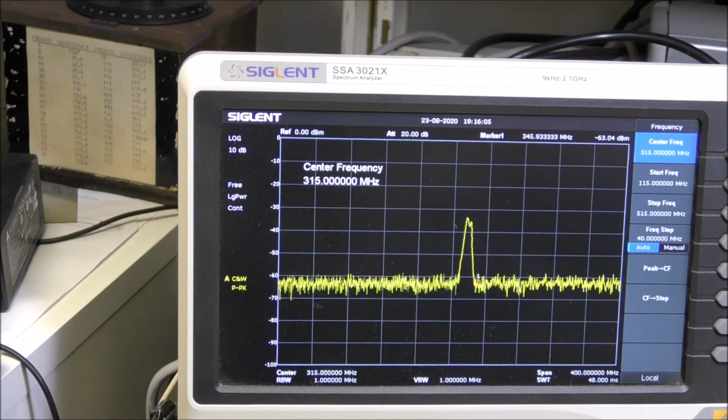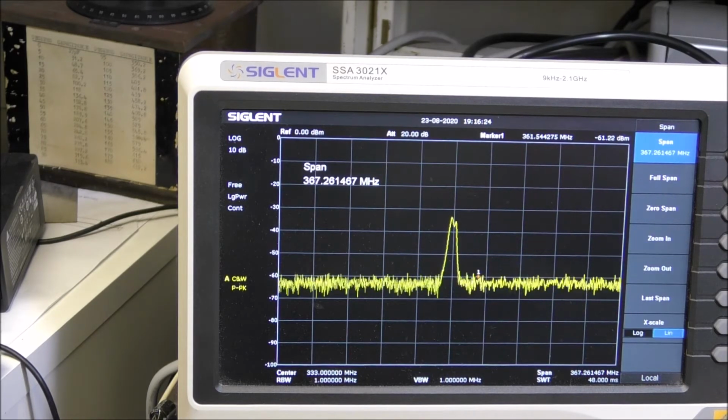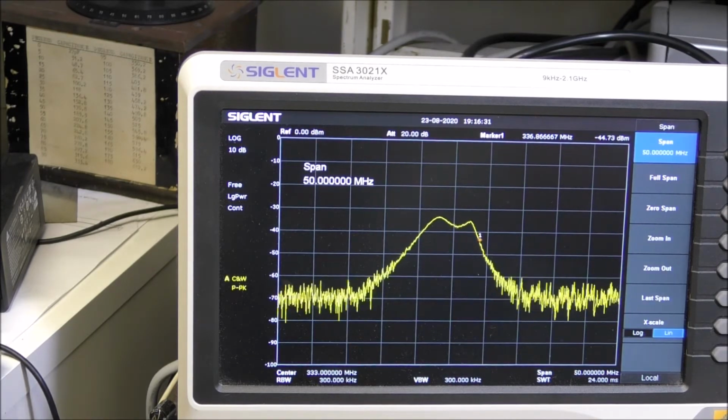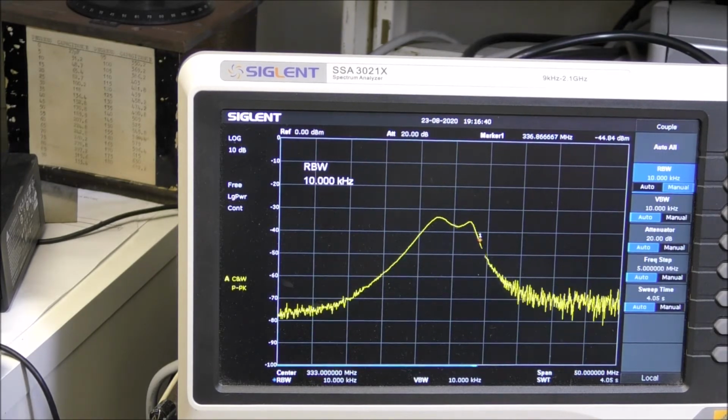Okay, and I will change the span. Actually, it's a little bit higher than that. For example, 50 megahertz. Okay, so I will change also the resolution bandwidth, but I think it is more or less identical. Okay. We can change the level maybe of the test generator.